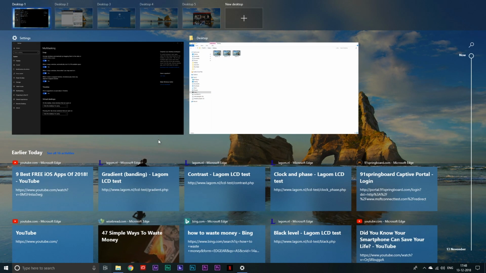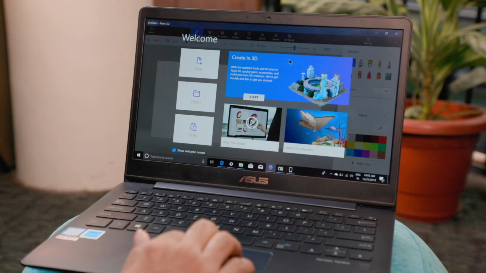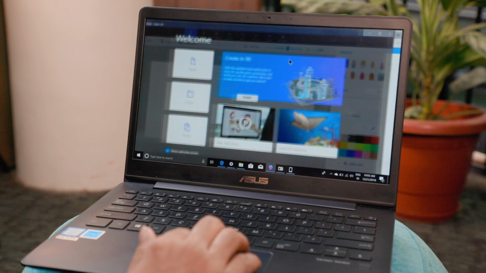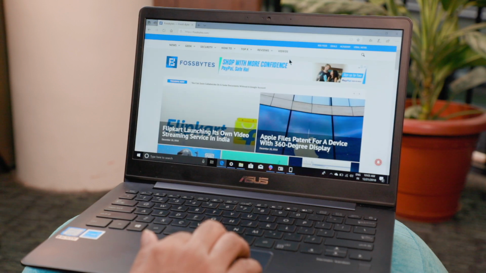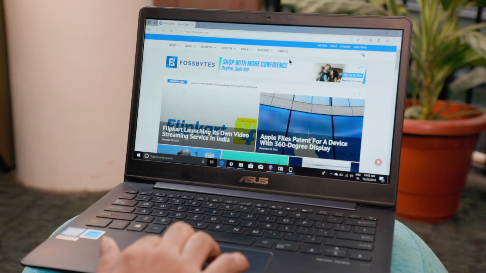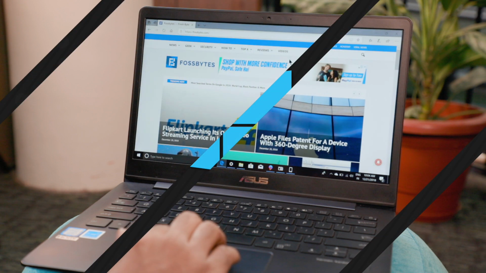Now here is an interesting trick I have found. First, you need to create multiple desktops and open a single app on each one. Now you can do a 4-finger swipe on the touchpad to switch between the desktops and you get this MacBook style feel of changing different apps on your PC. But as I said, it is just a trick and you can simply do a 3-finger horizontal swipe to switch between the apps.